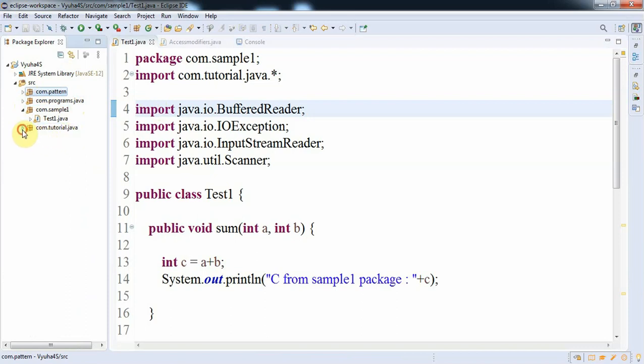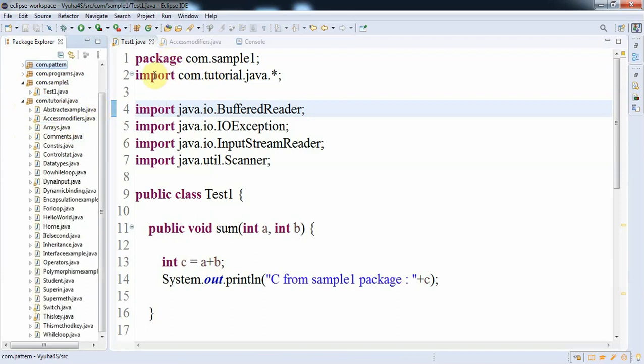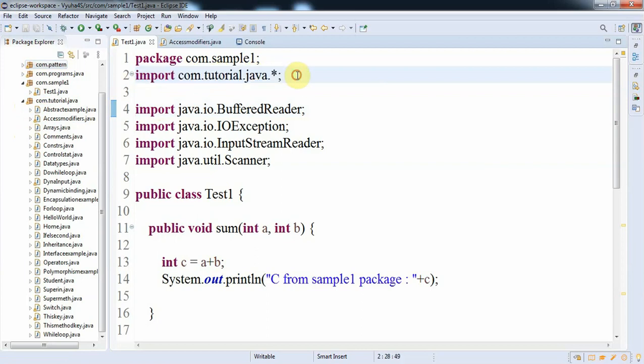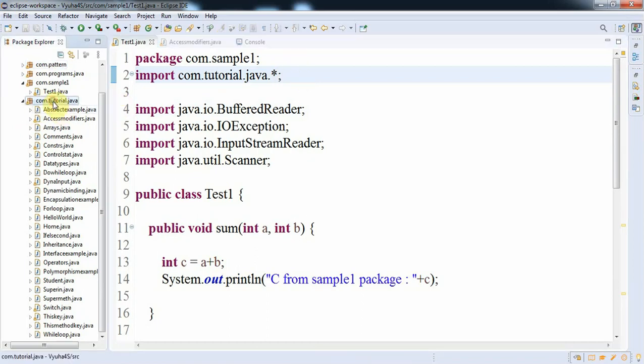And here, in the second line, if you see, I'm trying to import com.tutorial.java.*. The star refers to everything inside this package. I have a lot of programs here. You can see abstract, example, access modifiers, arrays, comment, constructors.